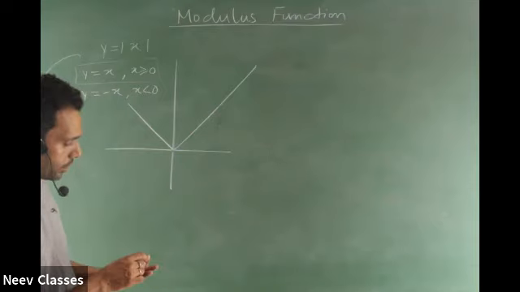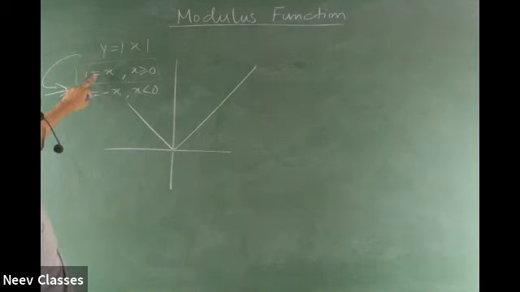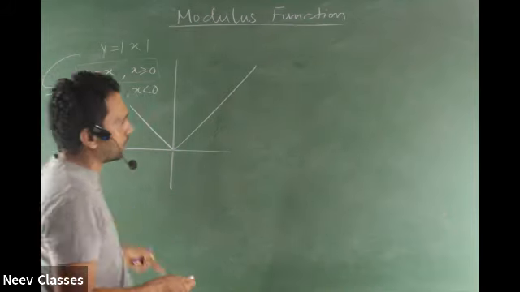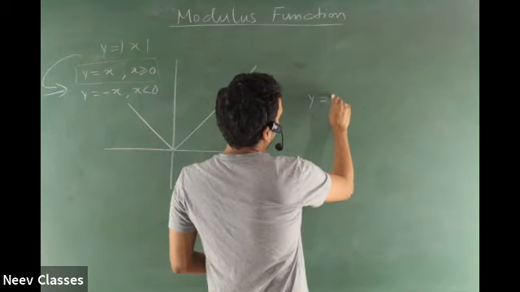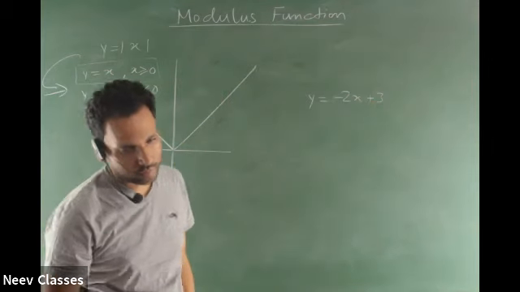Without using the concept of shifting, and strictly without using that, don't cross check. Using this concept that this one graph is as good as two graphs, draw the two graphs. Before you draw the two graphs, I just want to know whether you know straight line graphs or not. So just draw this graph for me: y is equal to minus 2x plus 3. How would it look like?